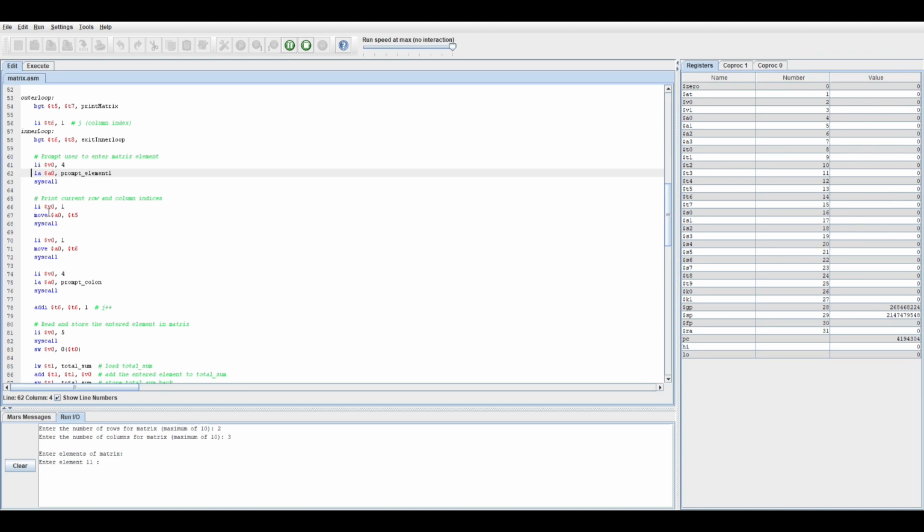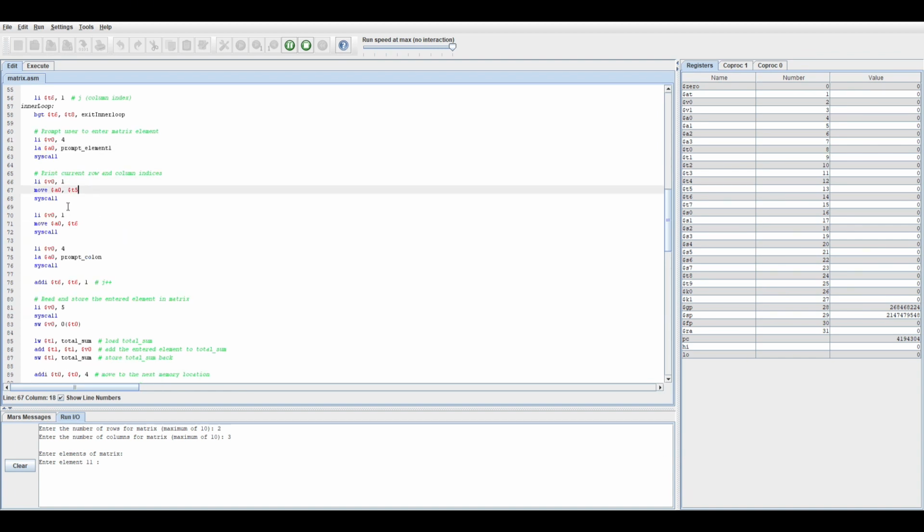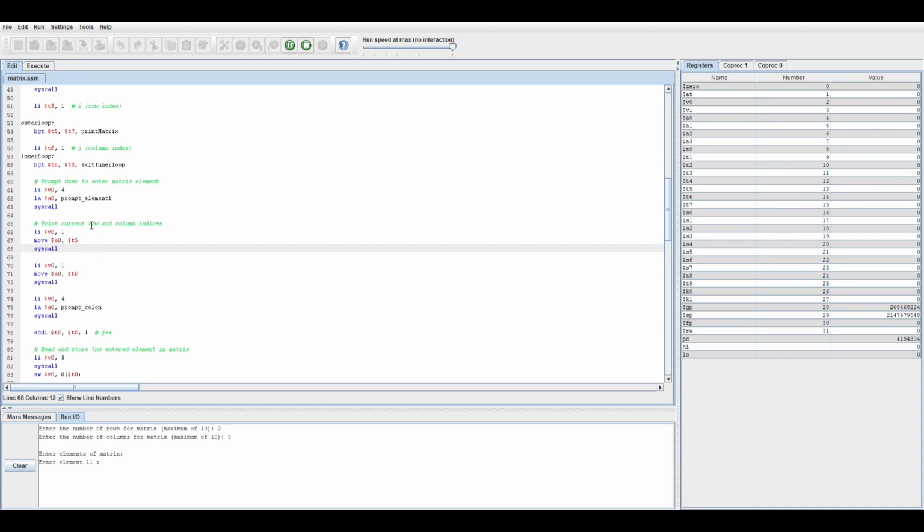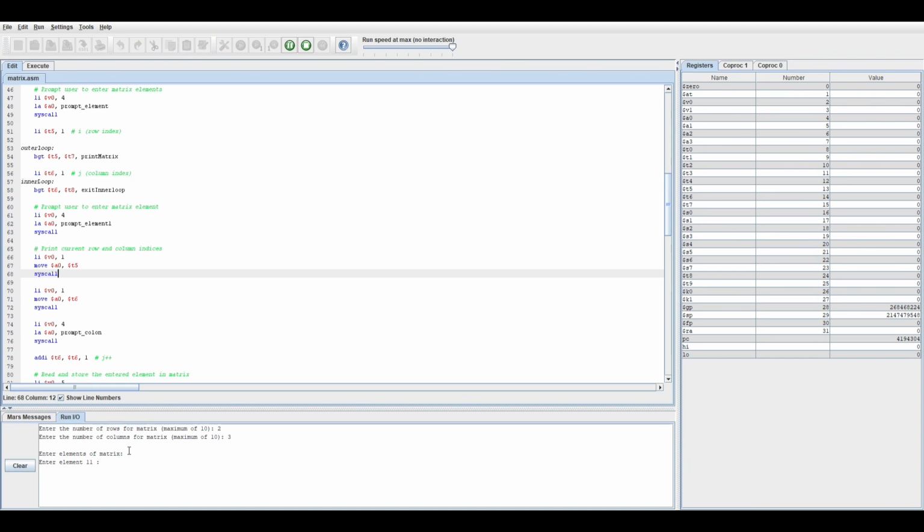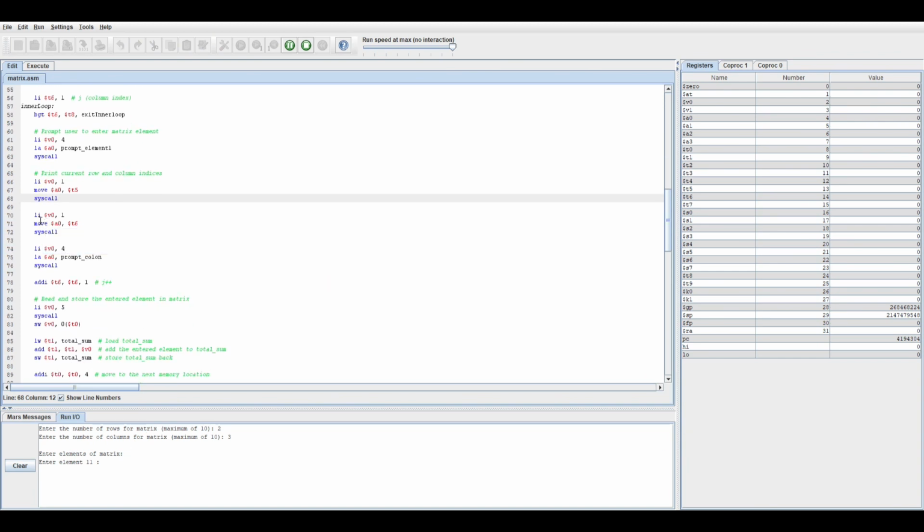First we load the immediate of 1 into V0. This one means that I call the system to print out an integer. Then we move T5 into A0, and this calls the system to print out the number in T5 into the terminal. Since our T5 is 1, it will print out 1, and then basically it's totally the same. Load the immediate of 1 into V0, move the T6, the column index, into A0, and then print it out. So our T6 is 1,